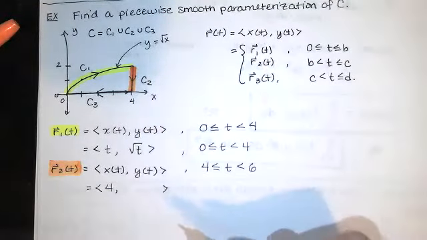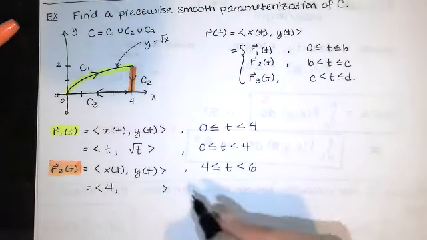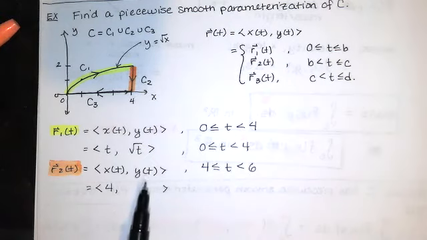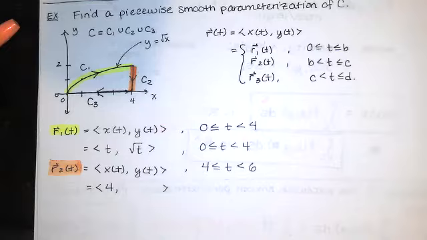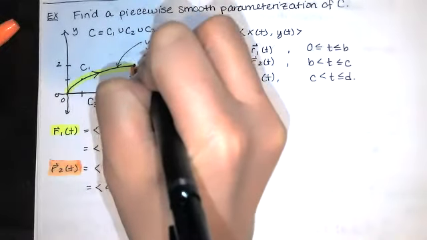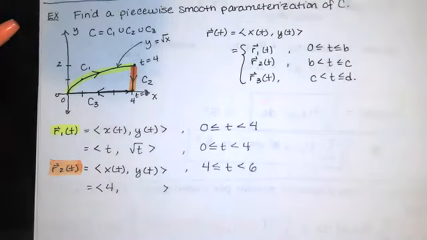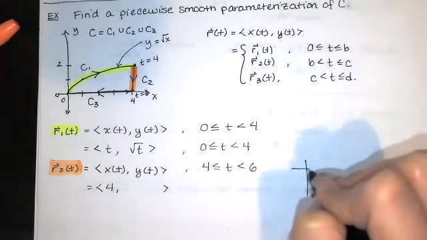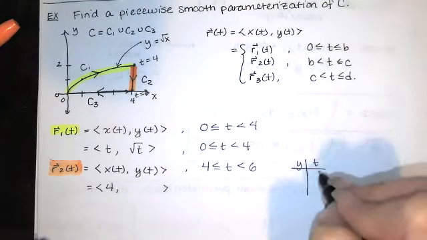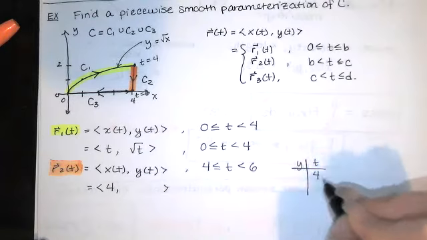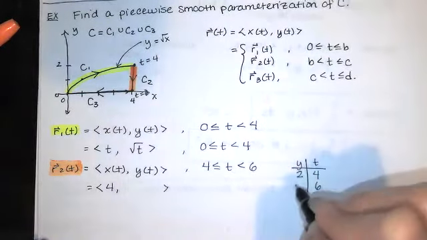Then to figure out the function for y of t here, I'm just going to set up a t table, and I'm going to think of a linear relationship between y and t that will allow me to start here and end here. So at t equals 4, we're at this location, and at t equals 6, we're at this location. So t goes from 4 to 6, and y starts at 2 and ends at 0 on that little line